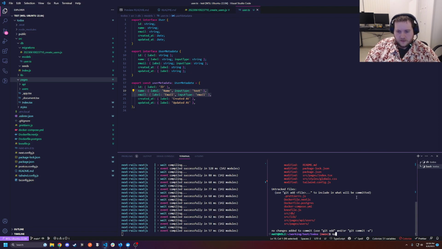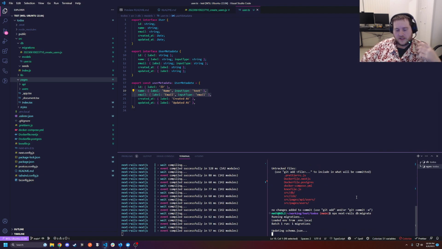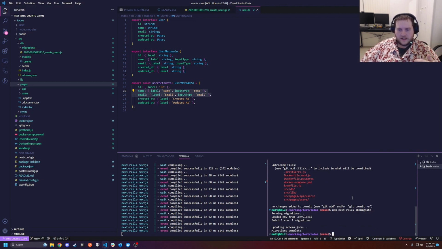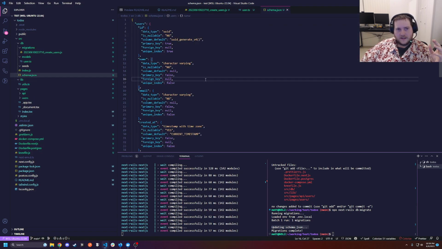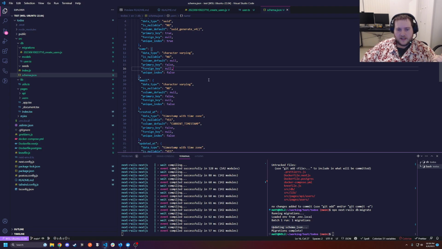Let's do that. So first thing, after you run scaffold, it tells you to run Next-Rails db migrate. And that's using Connect's migrations behind the scenes. It ran it, great. And then it's updating our schema JSON. You don't really need to look at schema JSON, but it's just a copy of the pattern of your schema, and we use that to generate some pages. If we go back to Firefox,